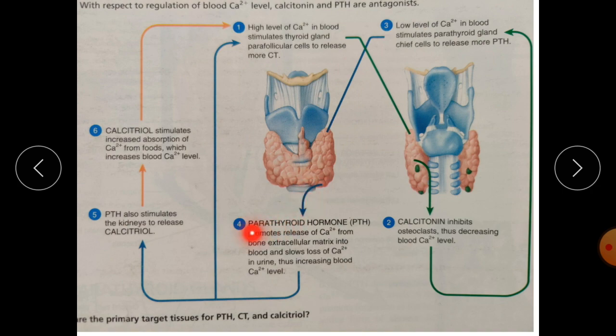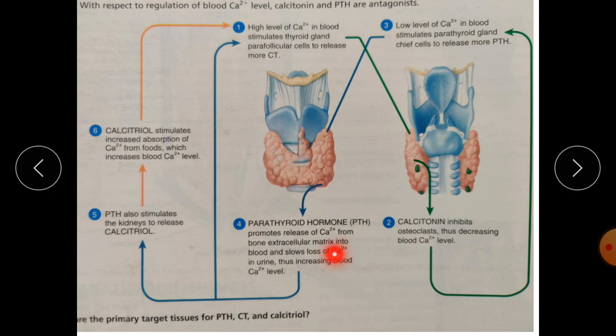Now from here it will start to release the parathyroid hormone, PTH. Now this PTH will be released, and it promotes the release of calcium from the bone extracellular matrix. From the osteoclasts they will release the calcium into the bloodstream. Now here the blood calcium will start to increase, because the bones are going to become fragile, weak, demineralized. Try to understand here. Understood? So the bones release calcium and give it to the blood, due to which the blood calcium level is going to increase.